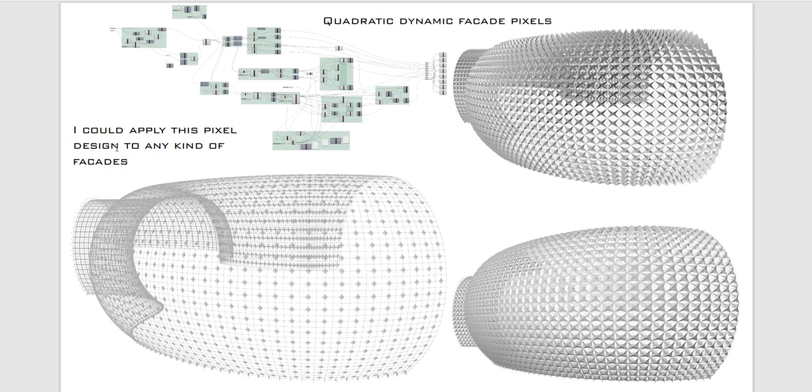I could apply this pixel design to any kind of facade. Yes, exactly, guys. It's actually a double curved spatial surface, not a planar spatial surface. You can see it. So over here, all surfaces are spatial, all objects, because everything, if it exists on the plane, it also exists in space, but three-dimensional space. But over here, I'm talking about double curved surfaces. This surface is a double curved surface. Over here, we see